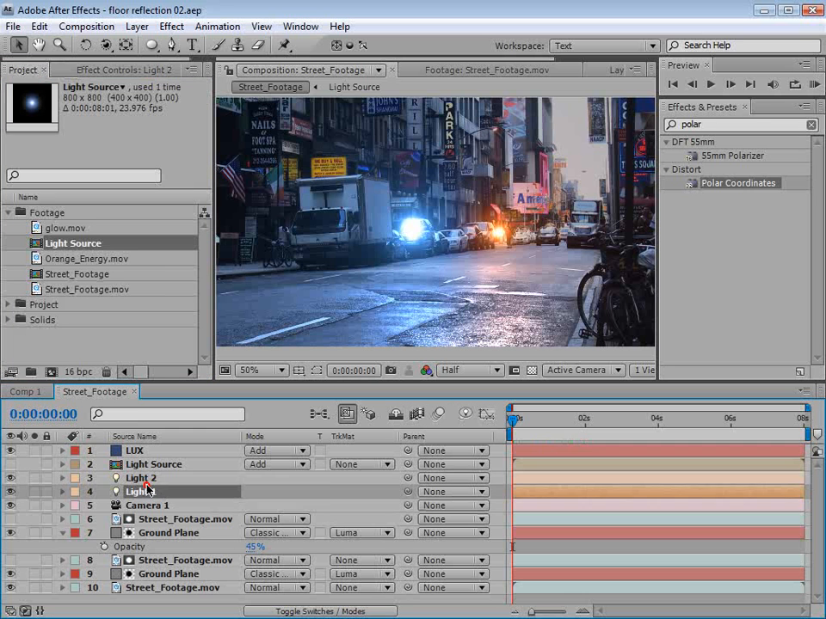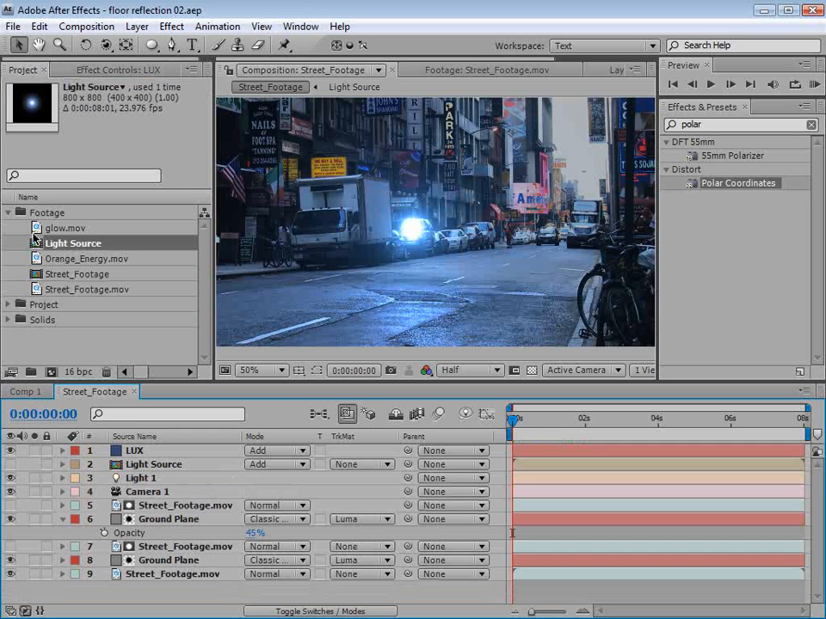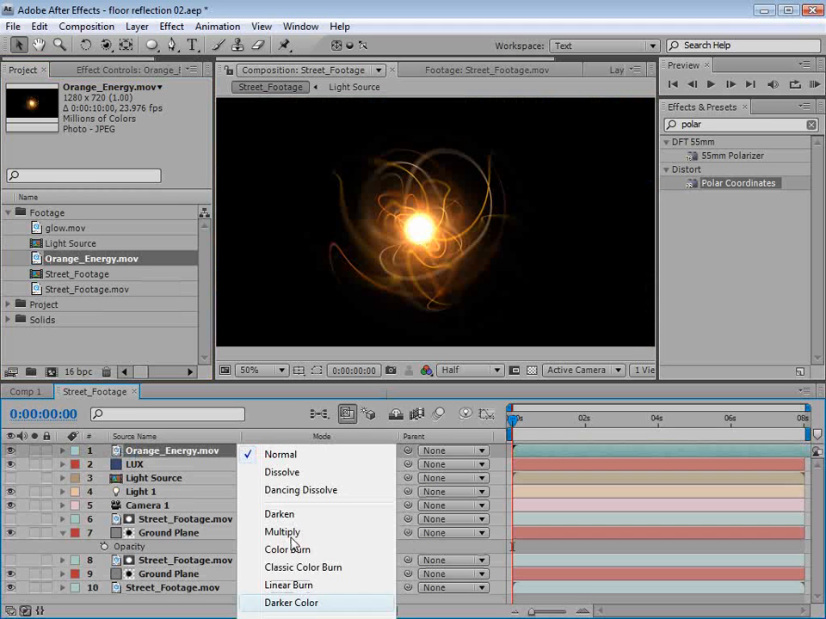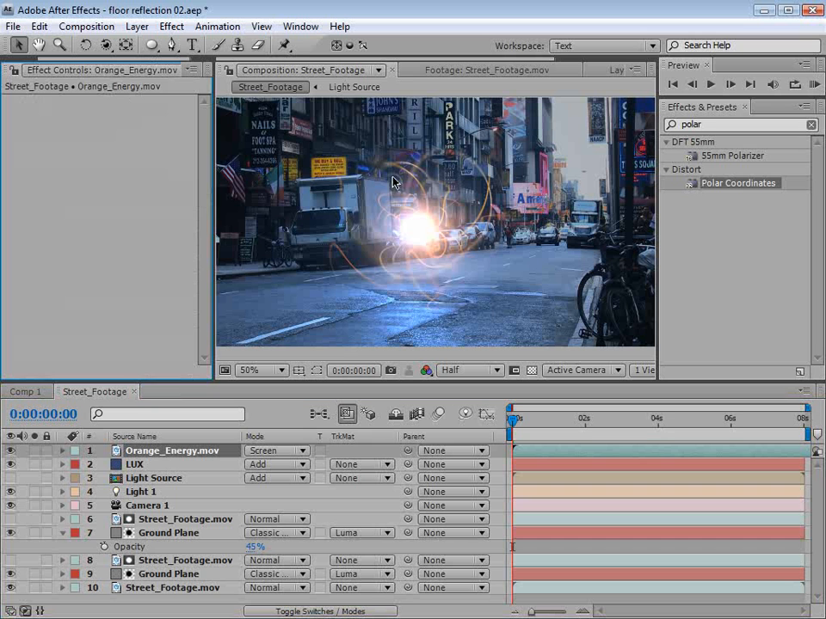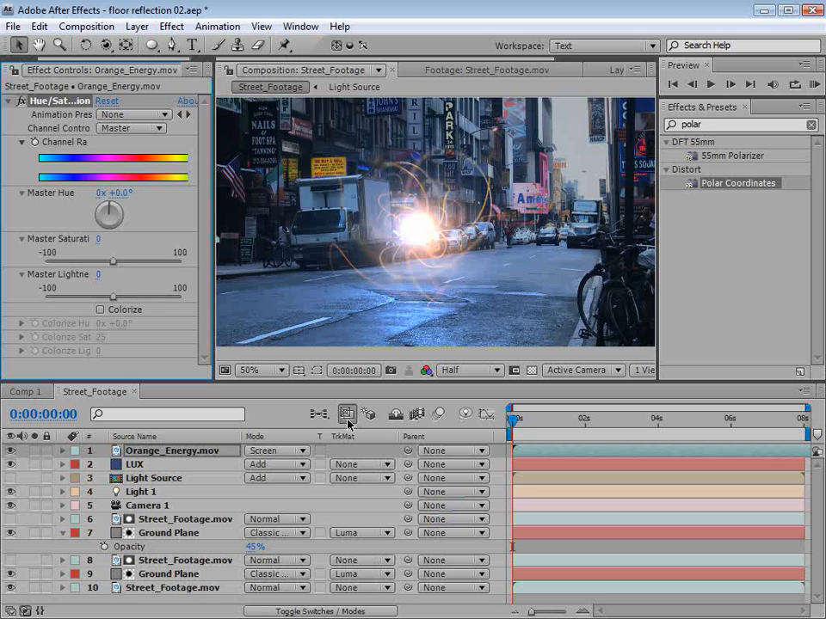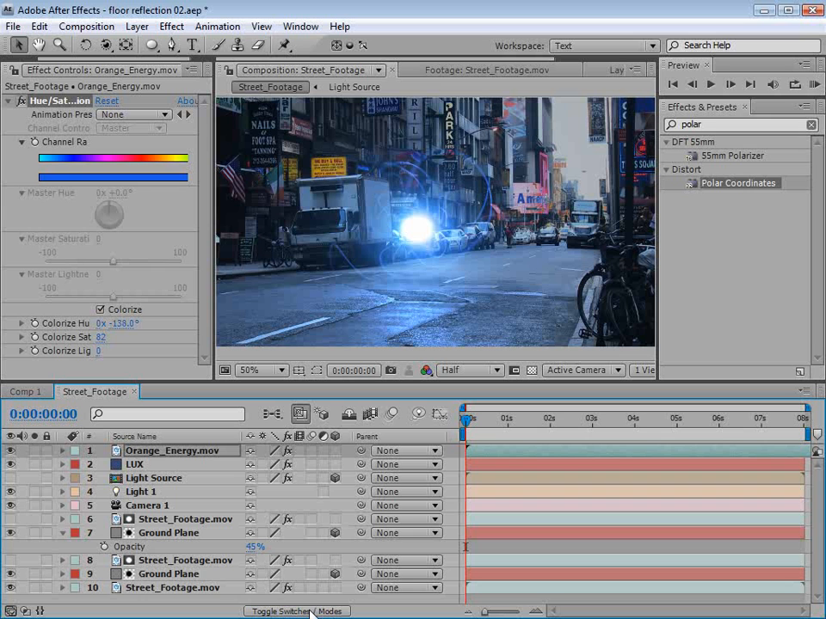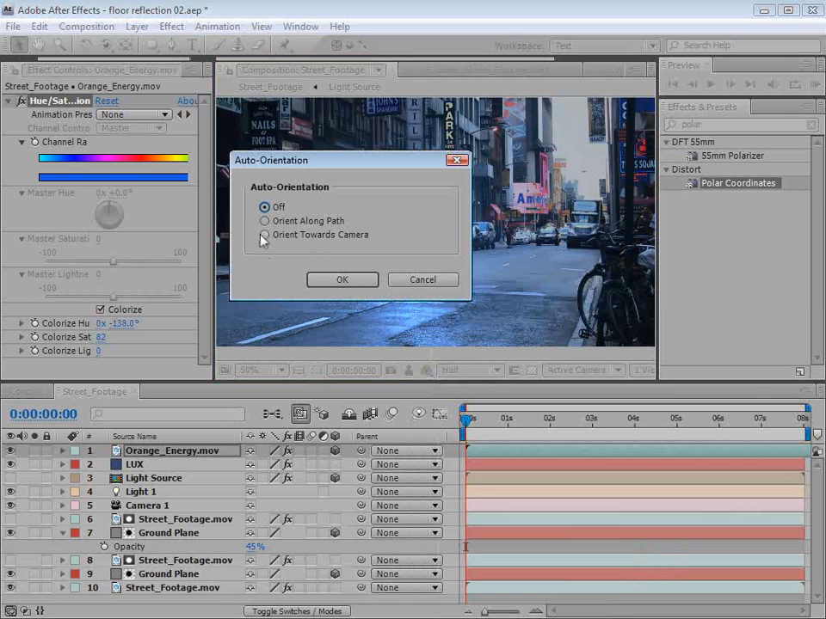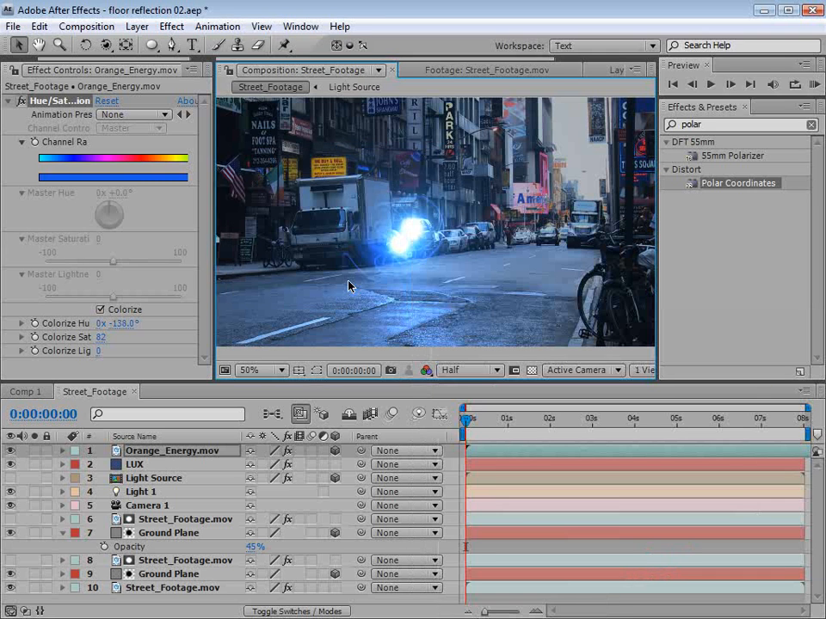So for now, I'm going to shut that second light off, and then we're going to take our orange energy ball and bring it out. And then we're going to change the mode to screen. Now we want to change the orange to a bluish color. So we'll add a hue and saturation effect, turn on the colorize, turn up the saturation, and adjust this until it's bluish. Now we want to make it a 3D layer, so we'll turn on the switch, then we'll right click, and we'll choose Transform Auto Orient, and then we're going to change Orient towards Cam, hit OK,